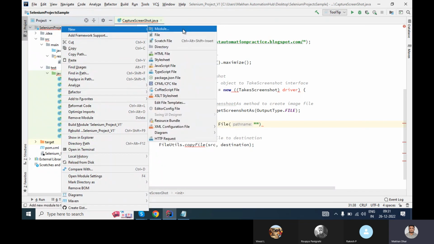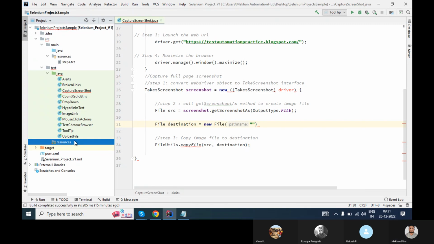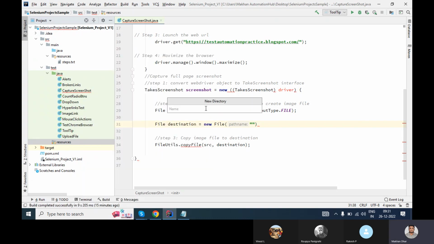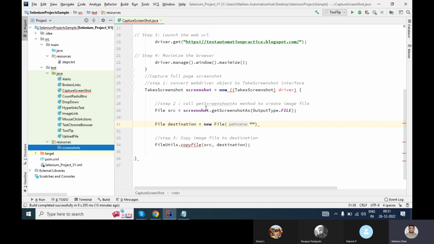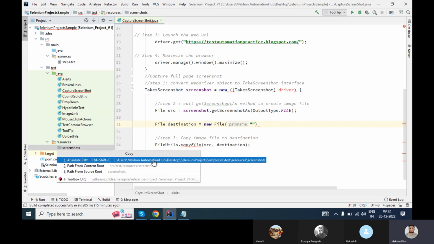So right click on the project and click on directory. Yeah, it's a kind of folder, and you can check, like click on this src test resource. Now here we can have another directory, it's a folder only. So I can say screenshots. Okay. And now I have to copy the complete path. So let me copy the complete path,